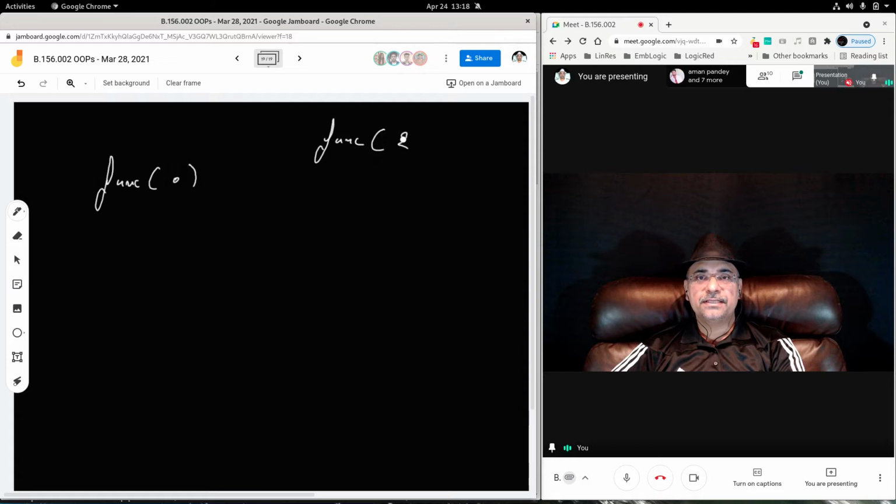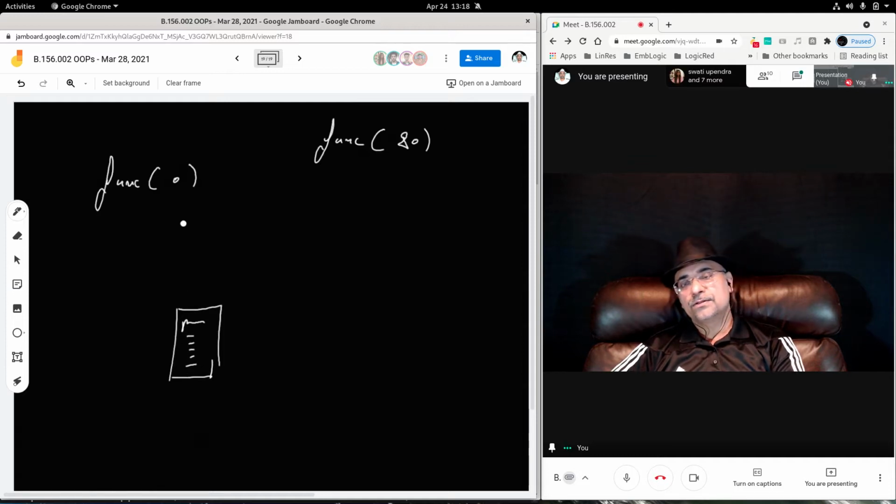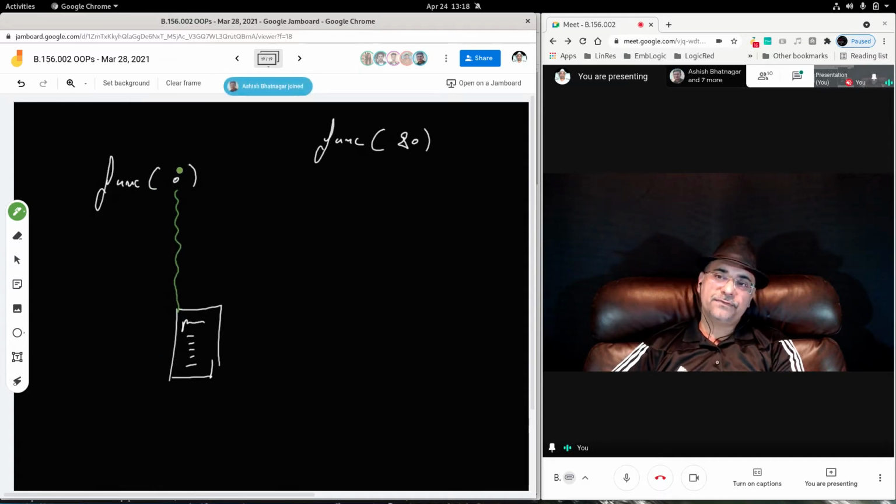If you accept it by reference, and suppose this object was here, memory was allocated here, there's a private section and there was data. Now what happens is, earlier this object was referring to this. If this object would have been passed as an argument here, then another object would have been created here, like this.